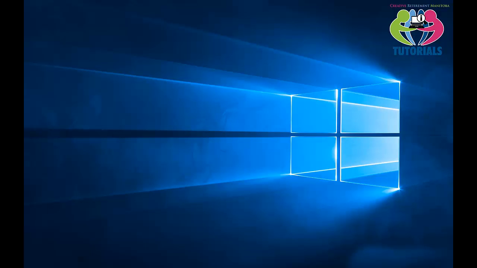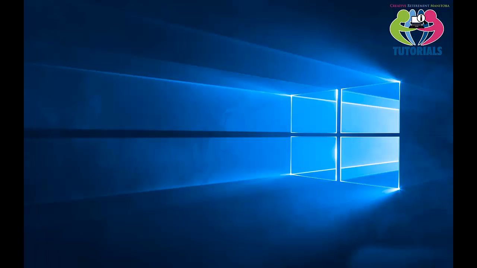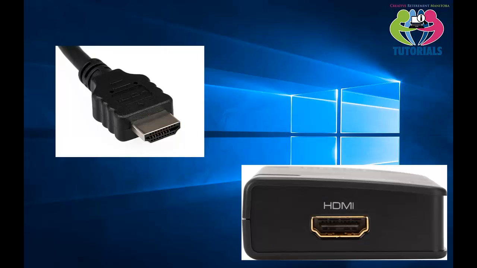The next type of port you should be aware of are the video ports. Those are the plugs that you use to connect external monitors to your device. So in the case of a desktop computer, you would definitely need to connect an external monitor or display to your computer. Today's current standard is called HDMI, High Definition Multimedia Interface, and it is the plug that is found